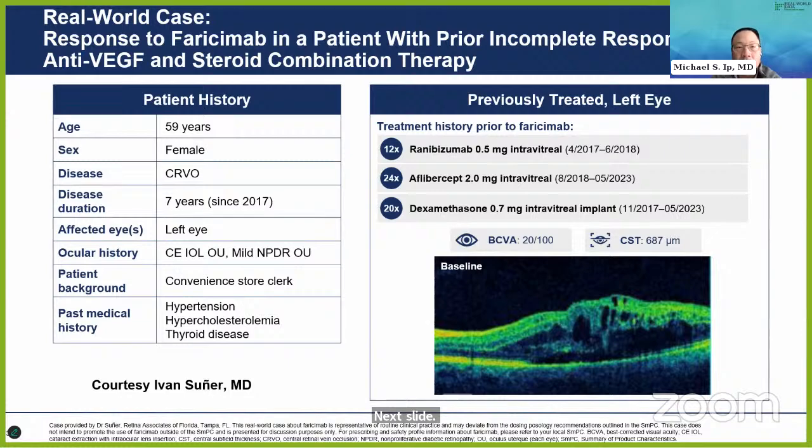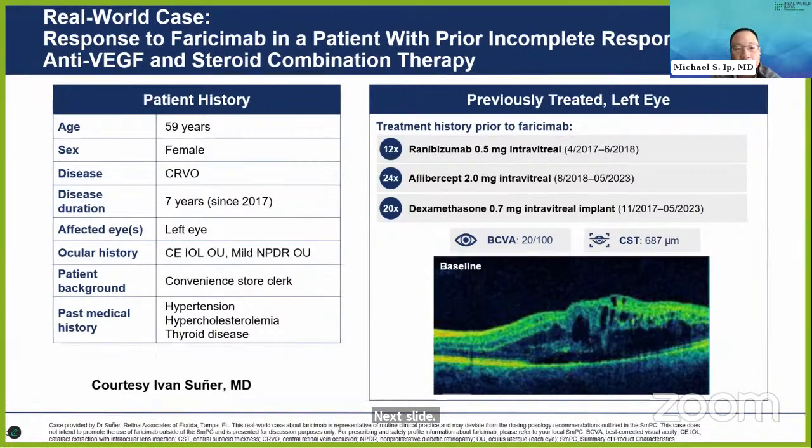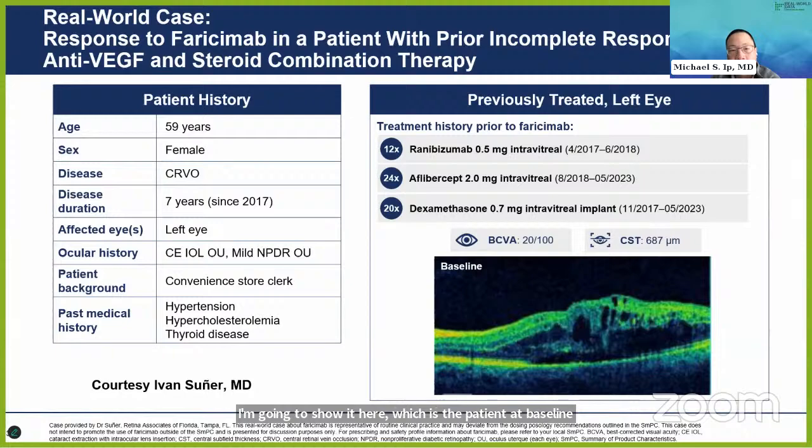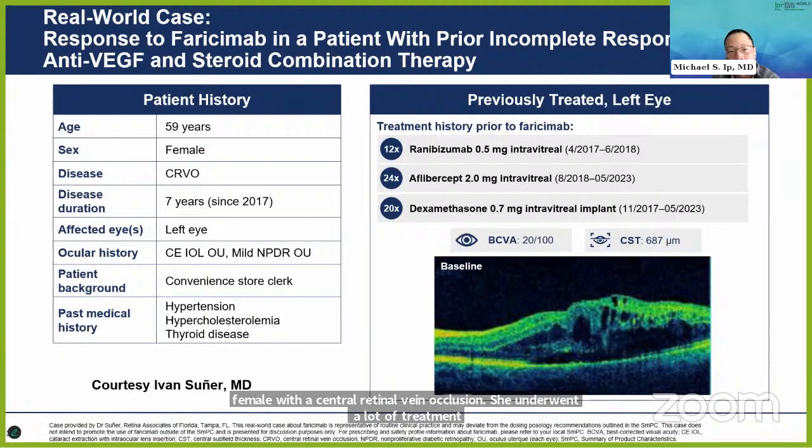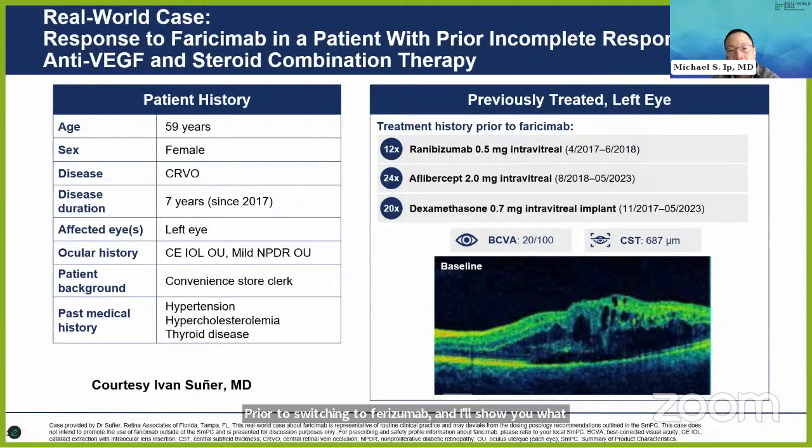And so, as I promised, there's a real-world case, courtesy of Ivan Sunier, who graciously provided this case. It's very interesting. So I'm going to show it here, which is the patient at baseline, 59-year-old female with a central retinal vein occlusion. She underwent a lot of treatment prior to switching to faricimab, and I'll show you what happens in this case. So if you go to the next slide,